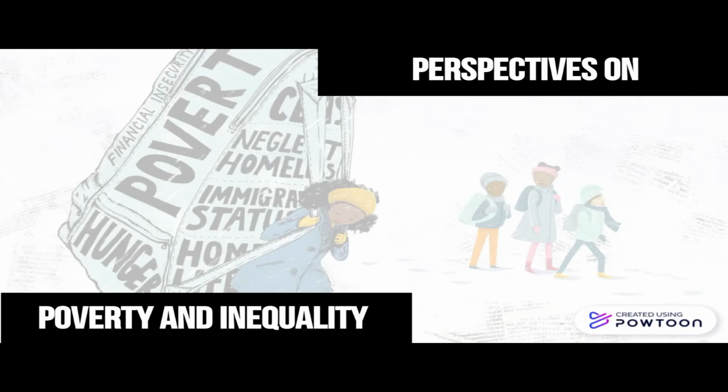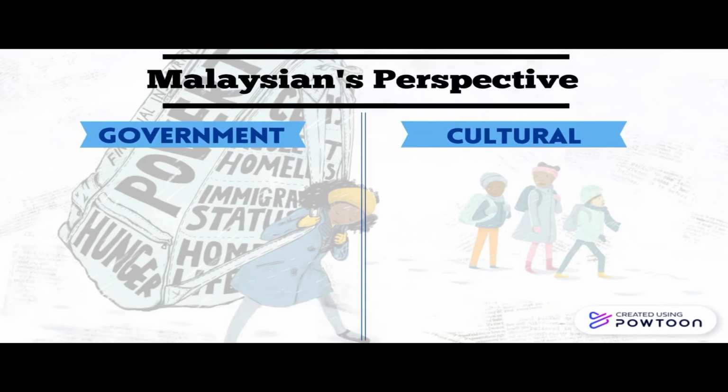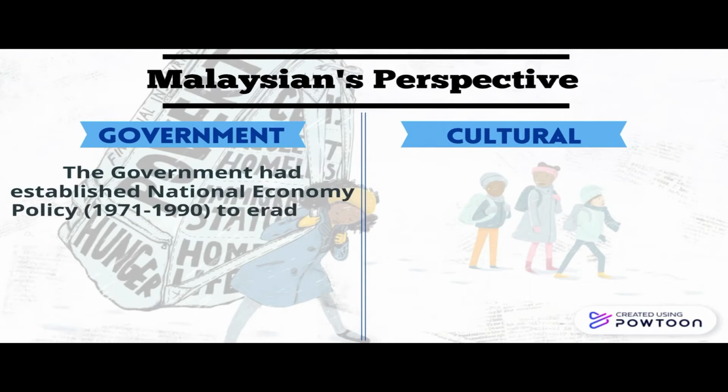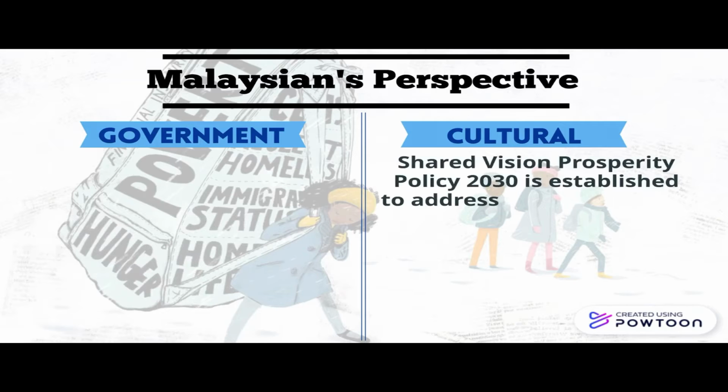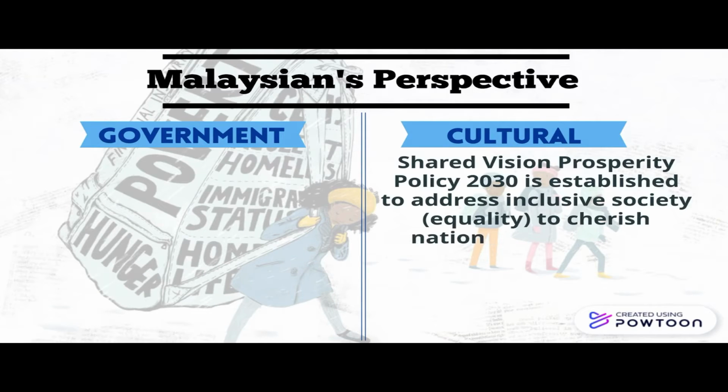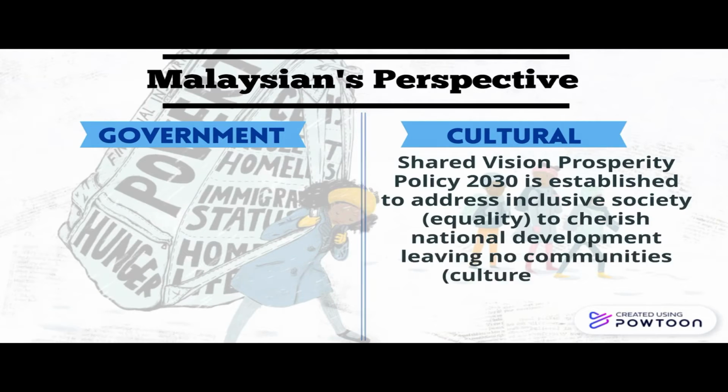Now we discuss Malaysia's perspective on poverty. The Malaysian government established the policy in 1971 to combat poverty and strengthen national unity. While on the cultural side, they established the policy to address inclusive society, to cherish national development, leaving no cultures